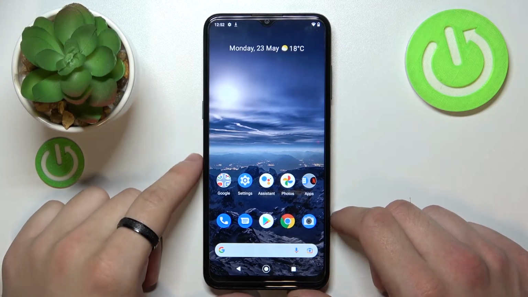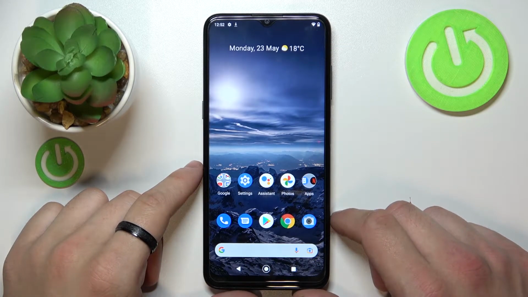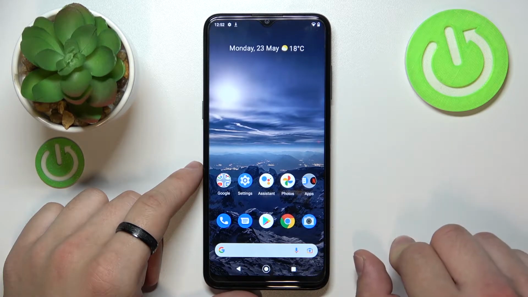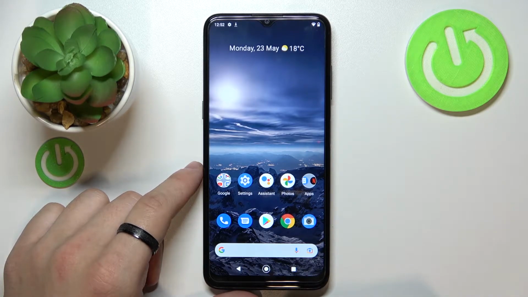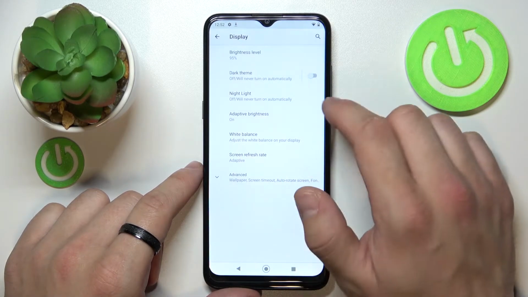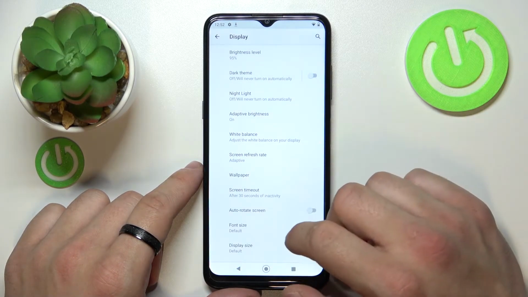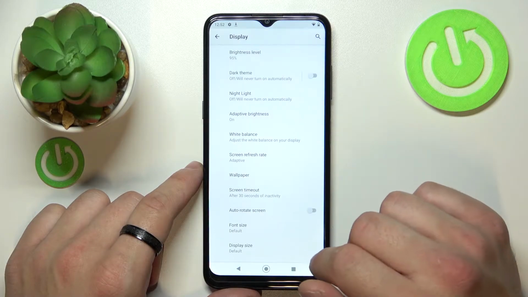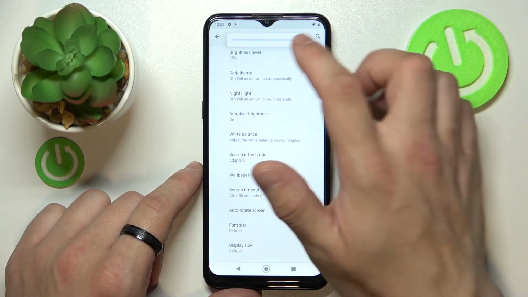Hello, in front of me I've got NOKIA G21. In this video I'll show you how to find and manage display settings. In the beginning, let's go to settings, enter display, and as you can see right here, we've got all settings for our display. Let's start with the top of the list, where we can change brightness level manually,